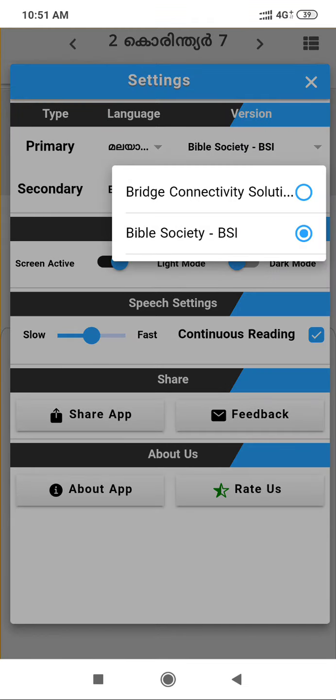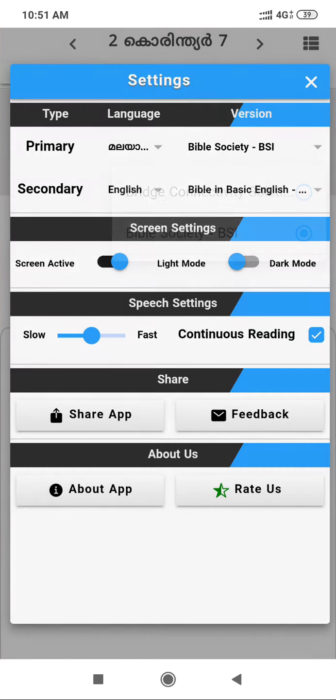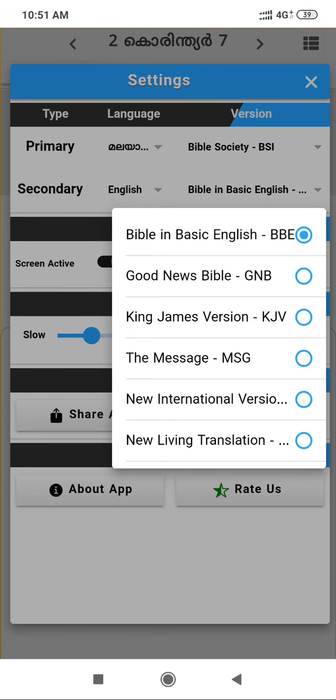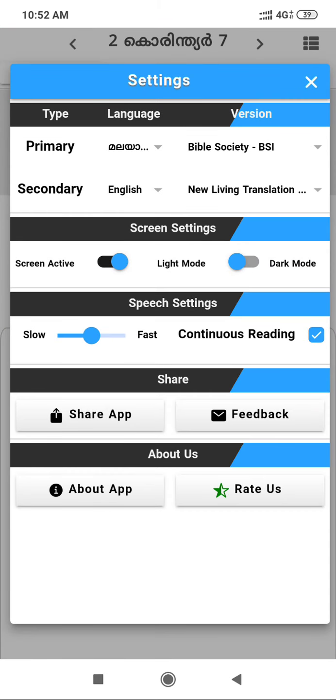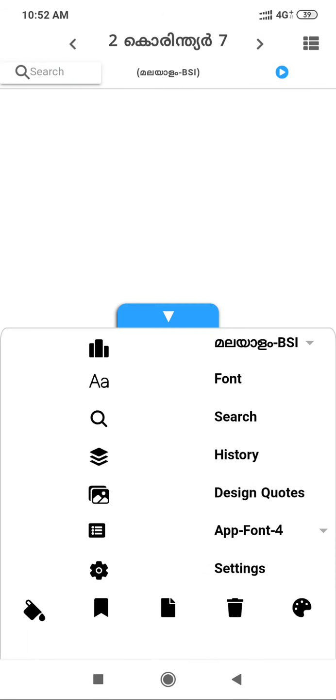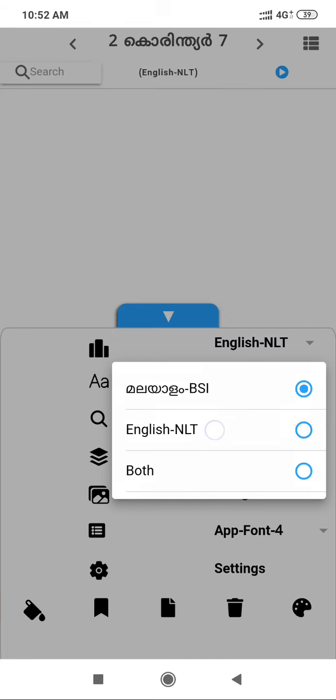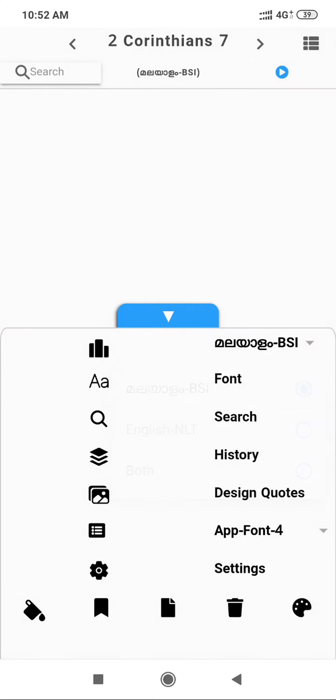In Malayalam I have given two more versions, Bridge Connectivity Solution and Bible Society of India. Secondary is English, and in English I have given six more versions. Whichever version you are interested in, you can select it. I'm selecting New Living Translation. If you close this, it will automatically update here as NLT. You can select whatever version you want.